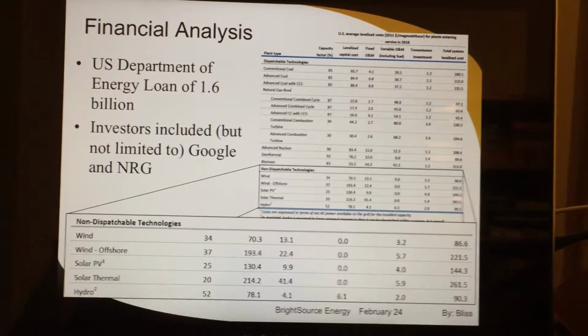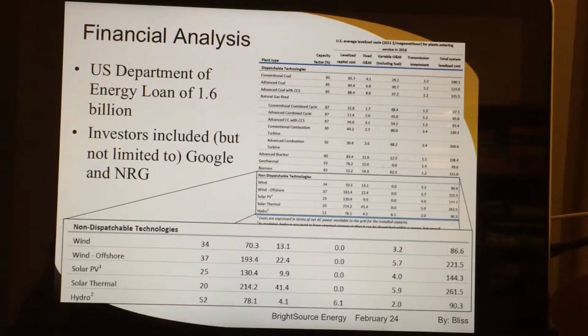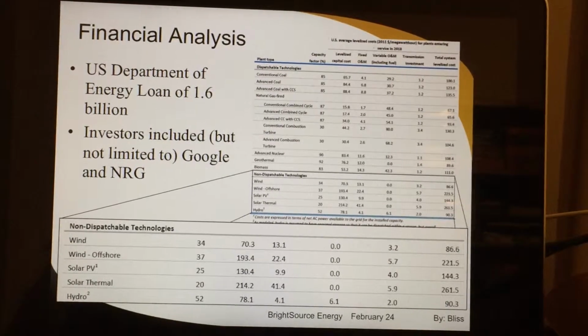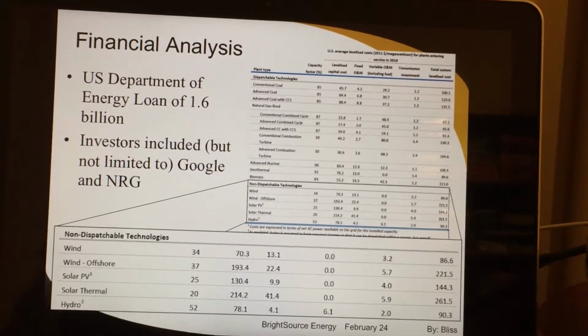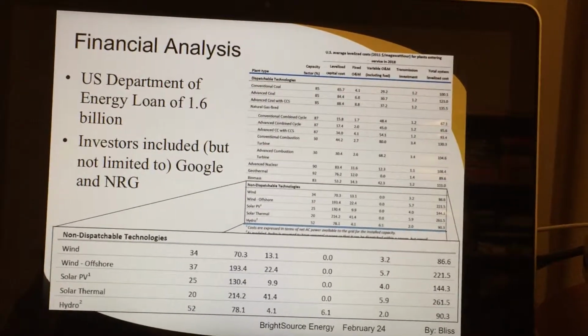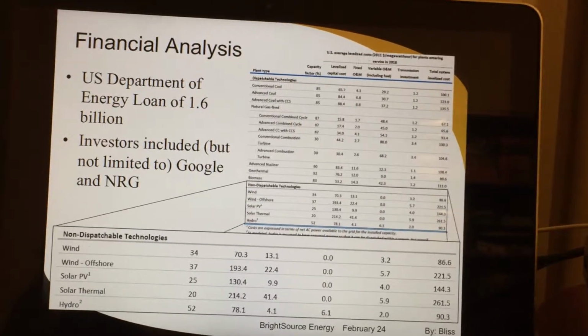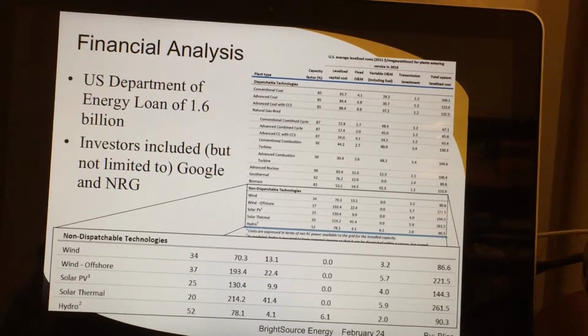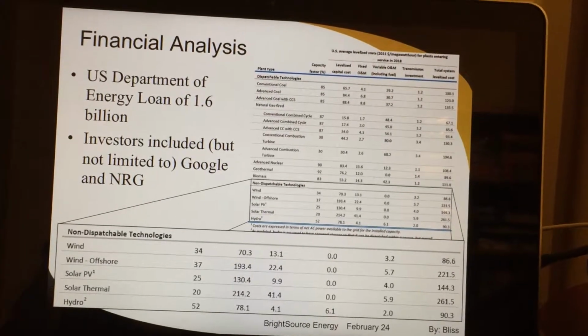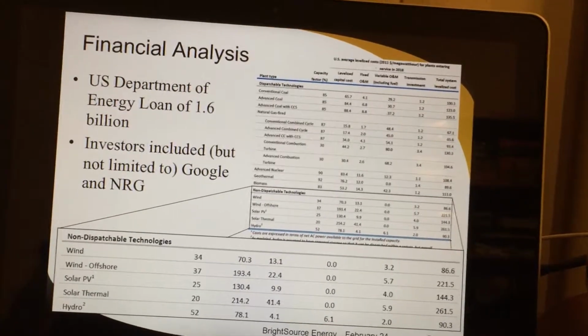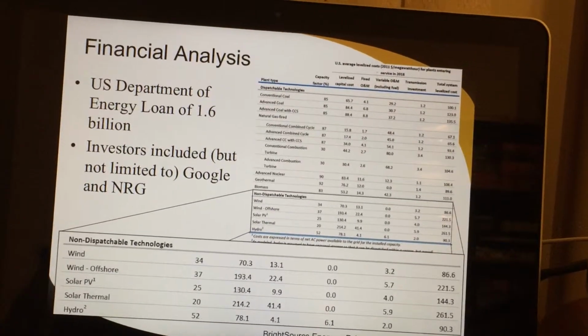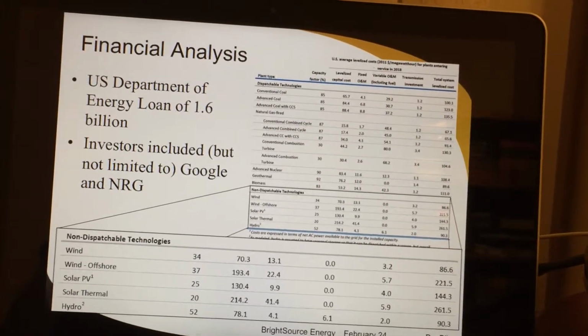Now to talk about the finances. In order for Brighthouse to construct their project, they had to investigate their finances. Brightsource was able to get estimated costs for constructing and operating a solar power plant by using a levelized cost of energy chart similar to the one on this slide. This chart was a good indicator to Brightsource that going forward with this project wouldn't be cheap but worth the